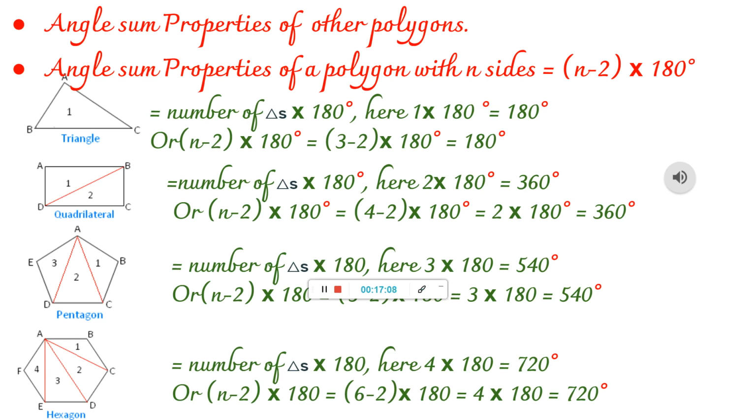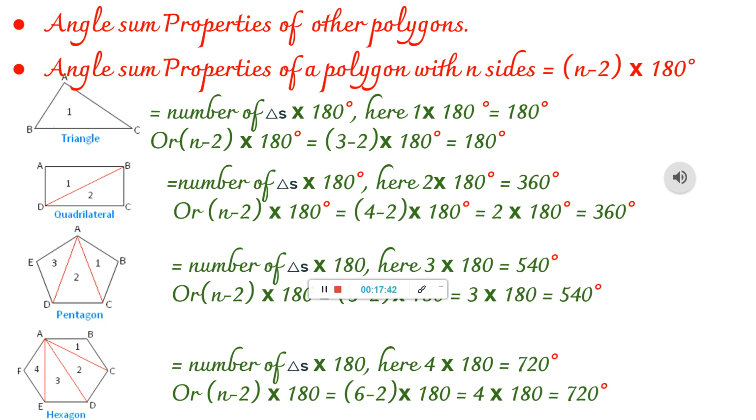So for this polygon, what would be the sum of the angles? The sum of the angles would be 180 degree, isn't it? The next polygon would be the one with four sides. What is the sum of the angles? That is equal to 360 degree. These both we already did, isn't it? Or we can say that 2 into 180. Why 2 into 180? Because if we draw a diagonal, the diagonal divides a quadrilateral into two triangles.